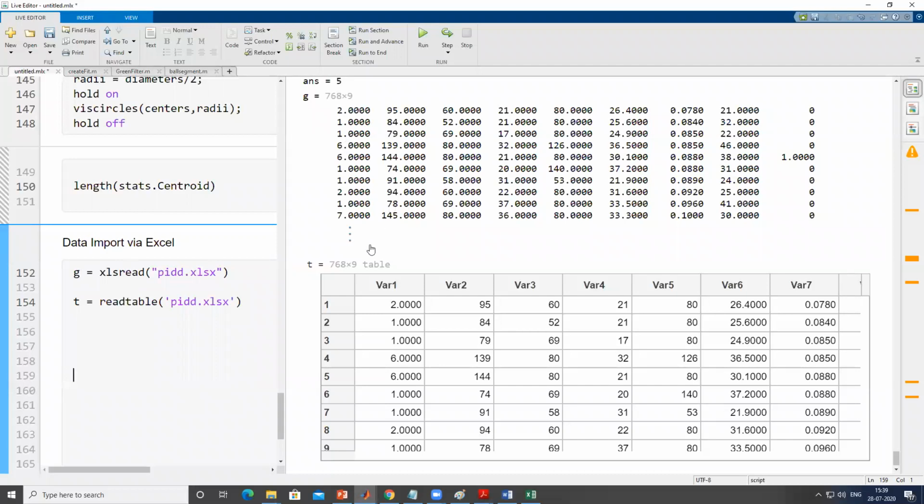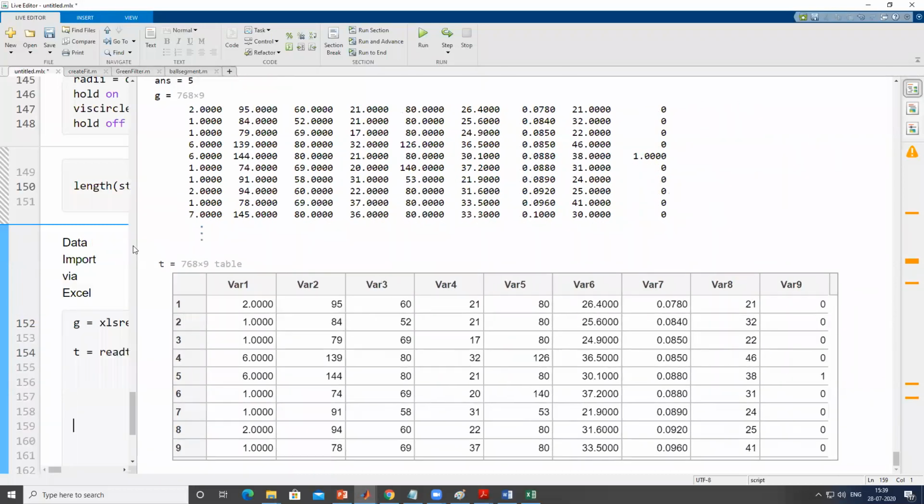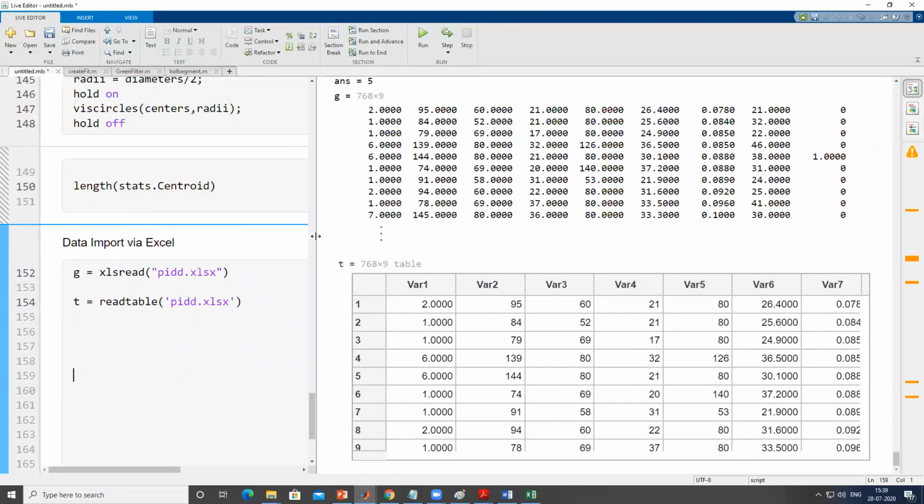Fortunately, in this case, in the PID table, we only have numeric data, so you cannot see any string because it does not contain any. But you can see that by default, the table has created the column names var1, var2, which are the default column names created by MATLAB.